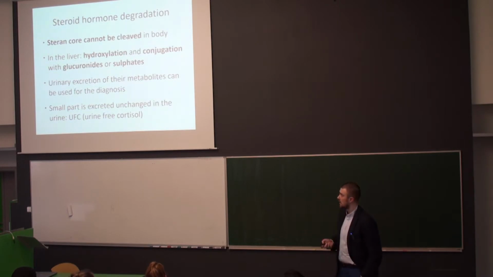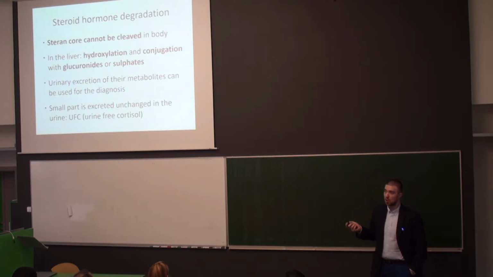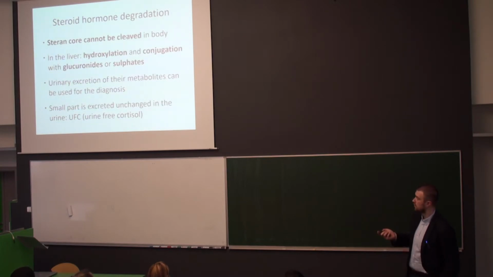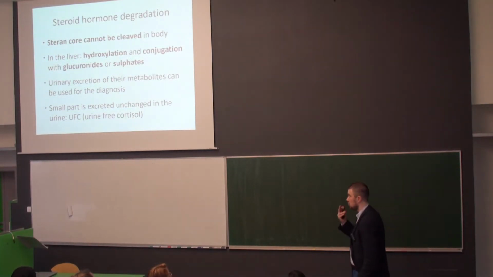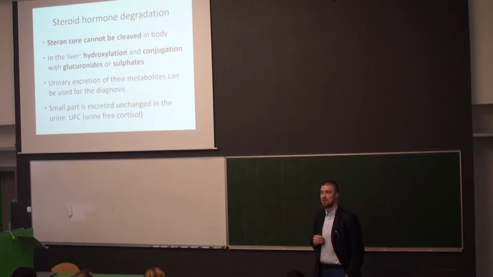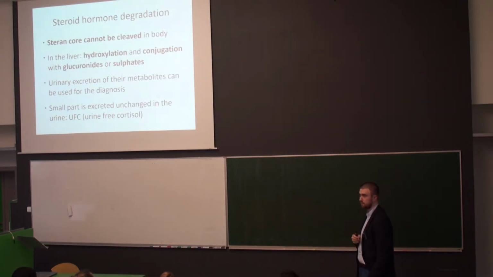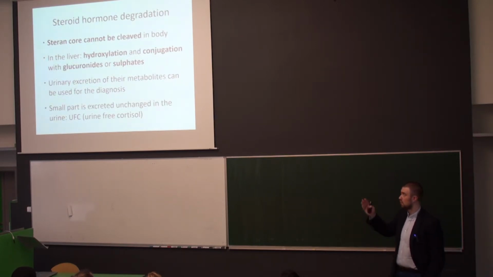The second option is, since some small part of the unchanged molecule is excreted also, you can measure this unchanged part. And then we call it, for example, urine-free cortisol. Yes, but that's only the minor fraction. The majority are the metabolites that are produced inside the liver from the steroid hormones. If you have a liver failure, if you have liver disease,